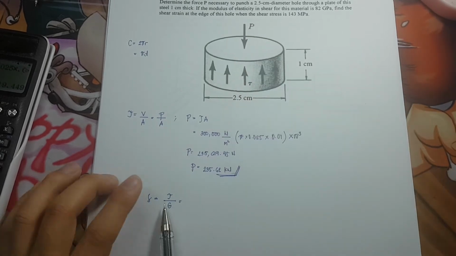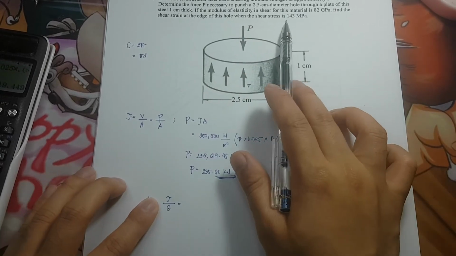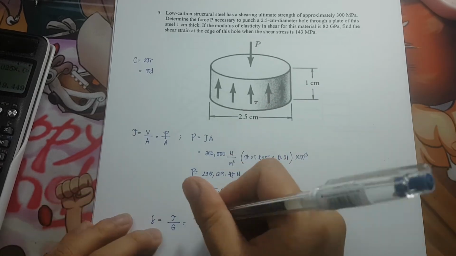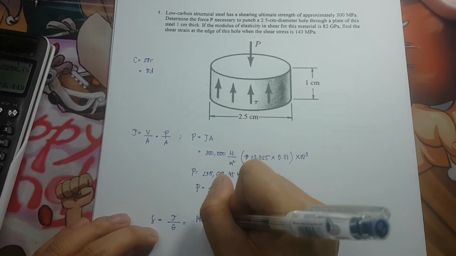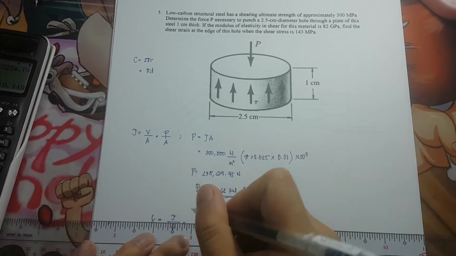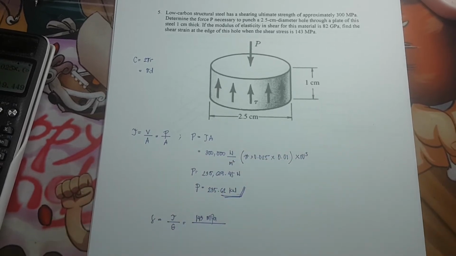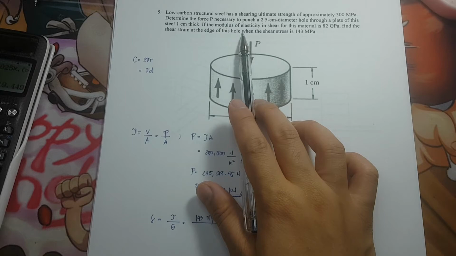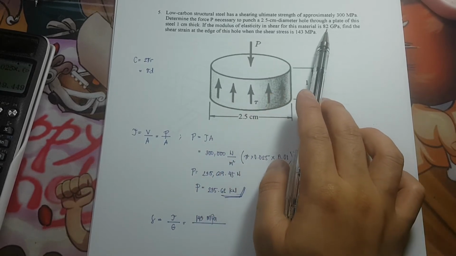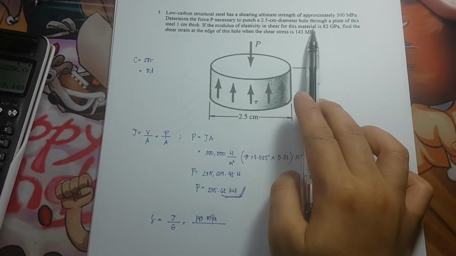So our shear here is 143 megapascals divided by the modulus of elasticity in shear, and that is equivalent to 82